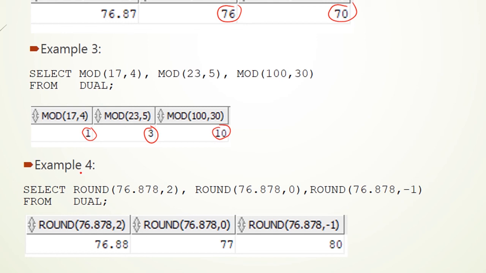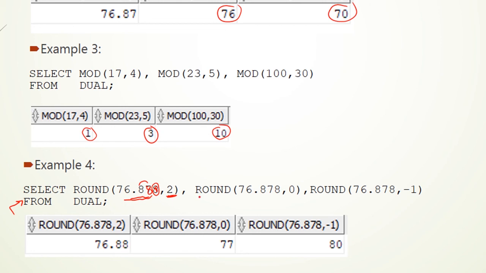In the last example, example 4, select round. Here we are using the round function. This is the number that will be rounded, and this is the number of decimal points. Also here, because we are returning the output of arithmetic functions, we can complete our statement by selecting from dual. So we want to keep only 2 decimal points. Here we have 8. 8 is greater than or equal to 5, so this will be 0 and this 7 will be rounded to 8. So the output will be